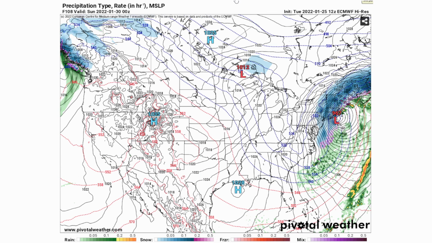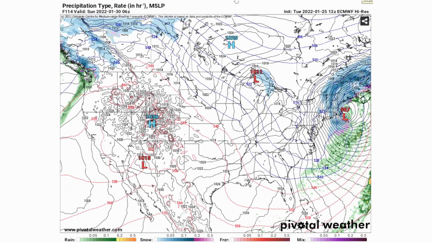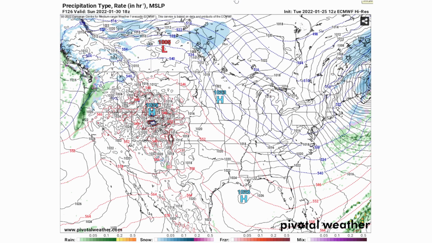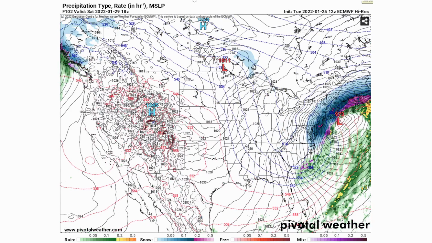And as you can see, it weakens substantially once you get around 6 p.m. of Saturday, but it continues here its movement to around 6 a.m. of Sunday, and then we get to around 12 p.m. Sunday, and it pretty much moves out of the entire region. So this run, the European model has it more west, so you're going to get much more snowfall than the GFS model.